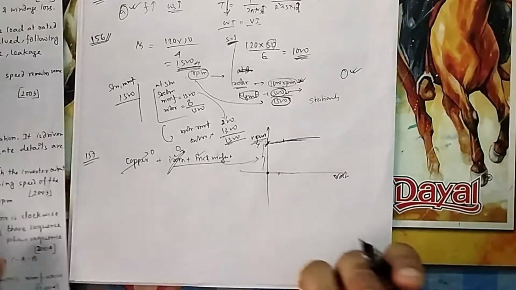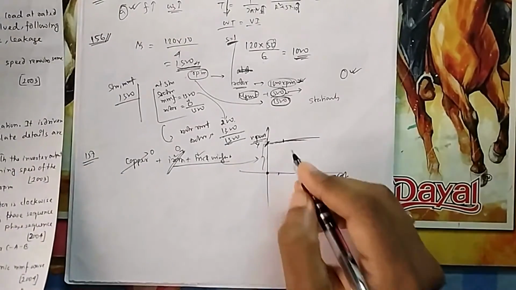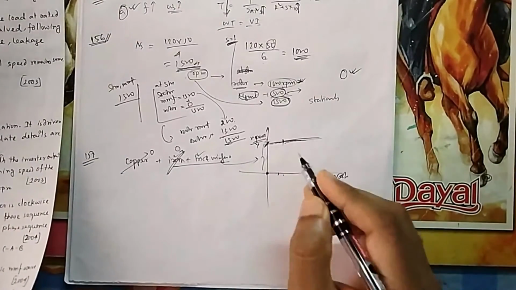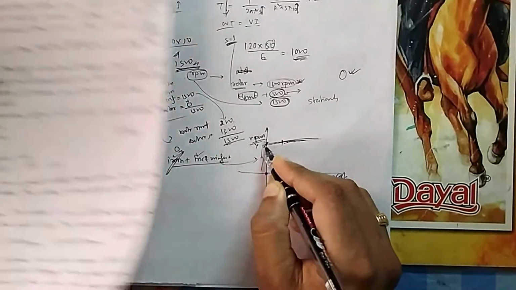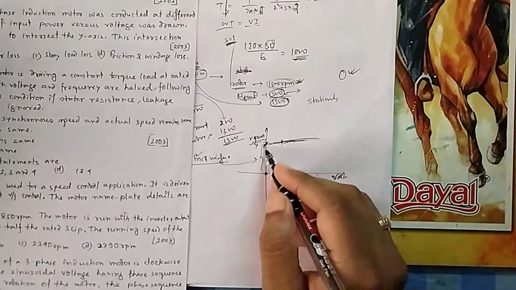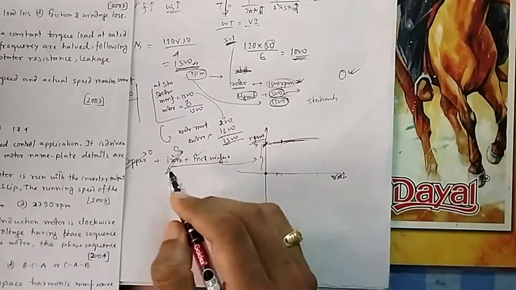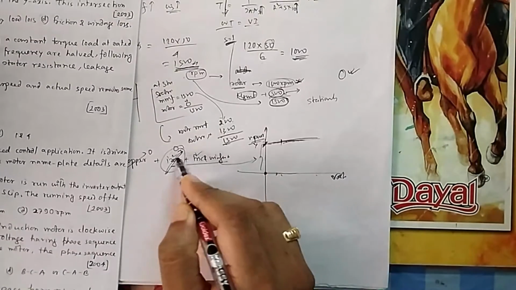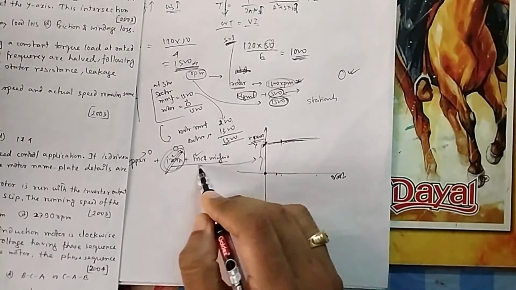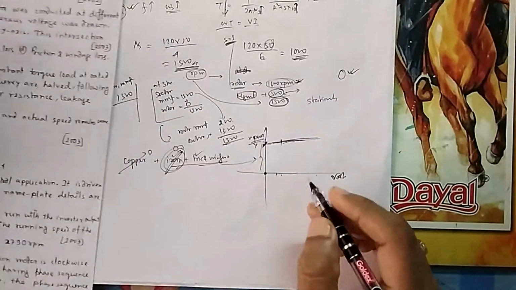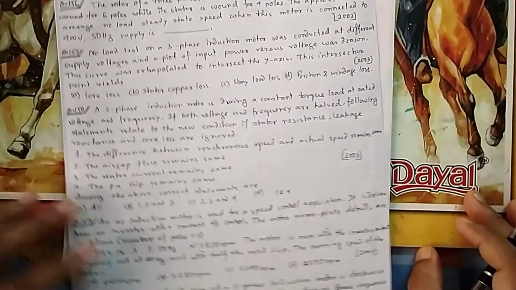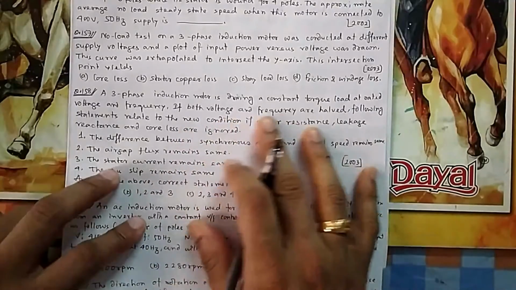If it stops, then how can you calculate your power? So you have done it for some voltage to some voltage. Then you bring it graphically. You connect it, see the slope, bring it to this one. Some method you use so that you can do the extrapolation. So theoretically you are bringing this V to 0. That means theoretically your iron loss is 0. So you are left with only friction and windage loss. That is option D. Next, if you come to question number 158, a three-phase induction motor driving a constant torque